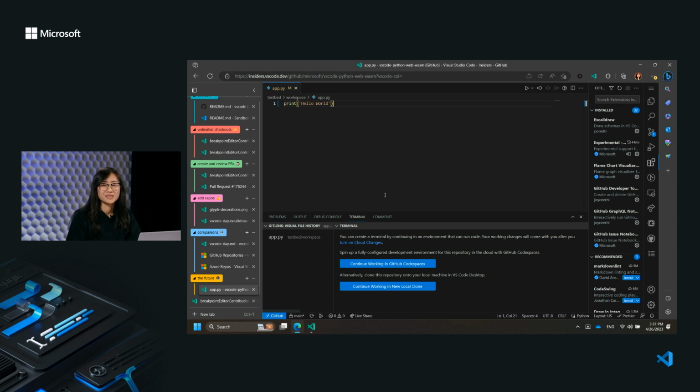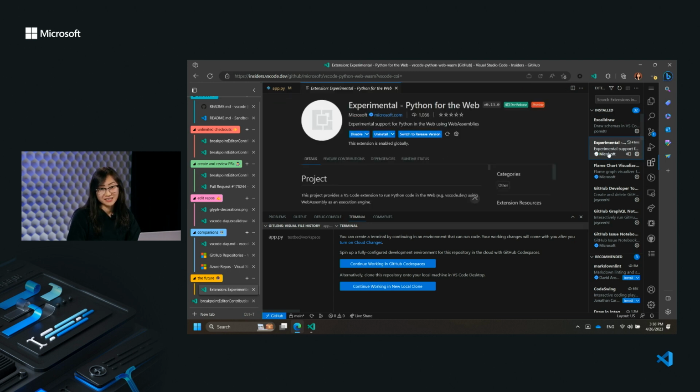of being able to, for example, run Python in your browser. So in this repository, I'm in the Microsoft VS Code Python Web WASM repository. And here I have a Python file open. I do also have this experimental extension that allows me to run Python directly inside my browser. This is experimental and it is subject to change, but it is also available for you to try out right